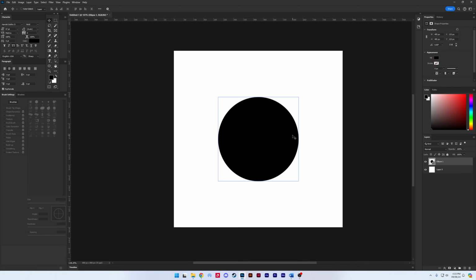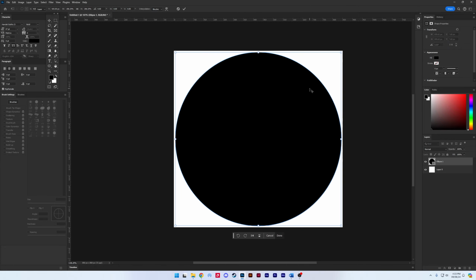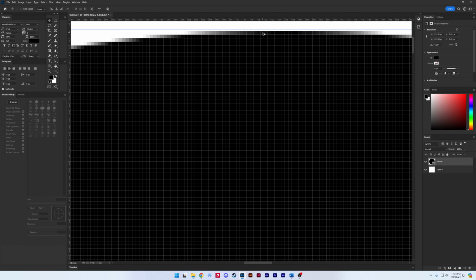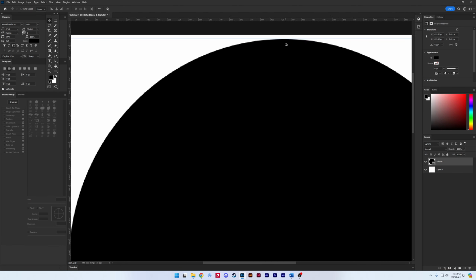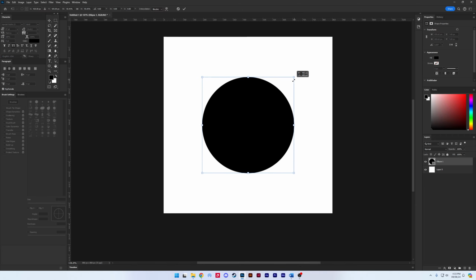So with this circle now, it's actually a vector object, which means we can make this as big as we want or as small as we want. So if I do Control-T, and I'm going to hold Alt and Shift, I'm going to drag it up, it's going to get plenty big. And if we scroll and zoom in, it hasn't distorted at all. It's stayed fairly, fairly sharp. So if we shrink it again,